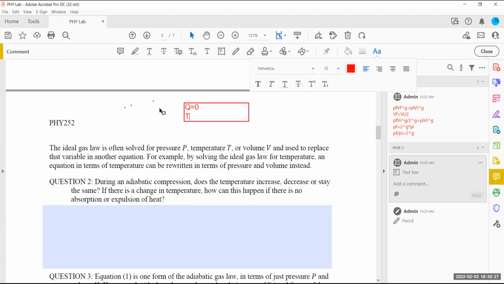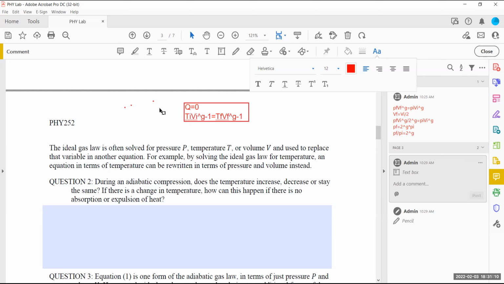Remember, T V to the power gamma minus 1 is constant, meaning the initial value of the temperature and the initial volume are satisfied with this condition with their related parts in their final state, V F to the power gamma minus 1. Obviously, if the final volume is less than the initial volume, and if you do these ratios in here, you find that the final temperature will be higher than the initial temperature. Just follow the algebra, that's all.